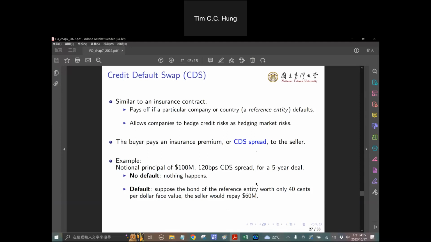So here we have an example where we have a 100 million principal with 120 basis points, or 1.2 percentage points, for a 5-year deal. If there's no default on the targets that the two parties have agreed on, then basically every year the buyer will pay 1.2 million to the financial institution that underwrites such a CDS after 1 year, after 2 years, after 3 years